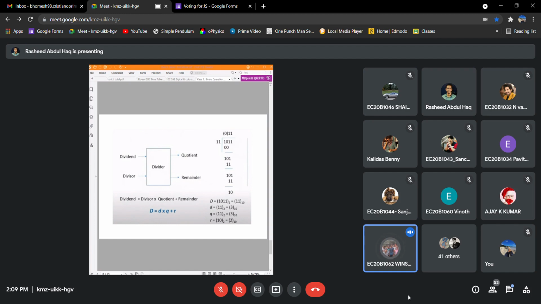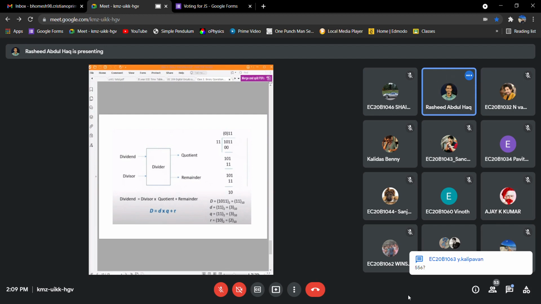The quotient is 50, remainder is 6, sir. That everyone can tell, but you have to do that with the decimal point, sir. So what will you get? 50 with the remainder 6. Right. So now you understood how the division works. We have done the same thing only here also.